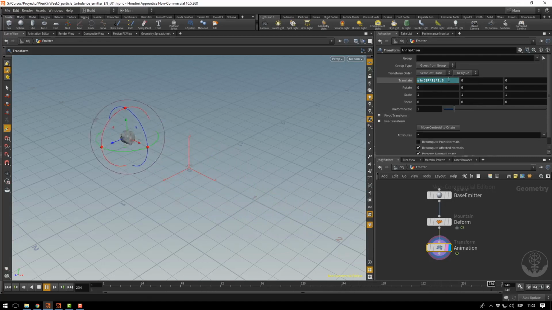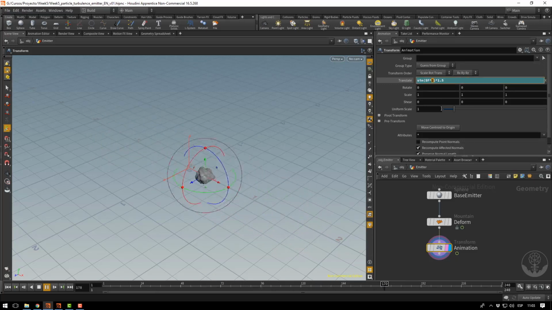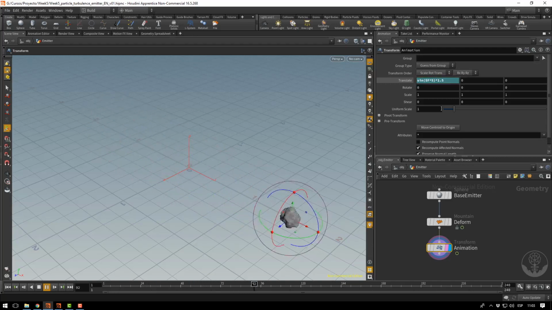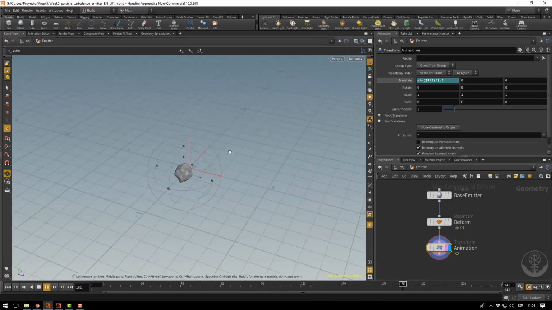Let's keep it at 0.1, but I want to move faster. I want to have more cycles in these 240 frames. So let's see what happens if I increase this value. Okay, it goes faster. We can see this in real time just by hitting this real time button. Nice, we have our math animation